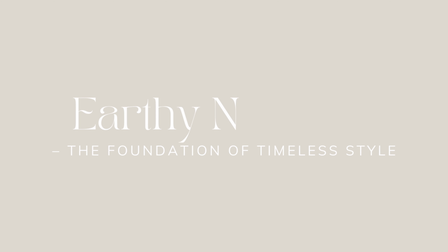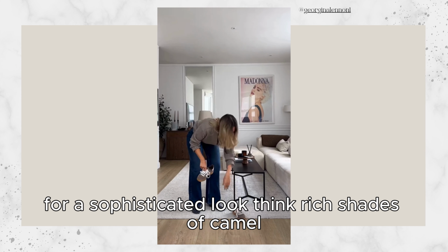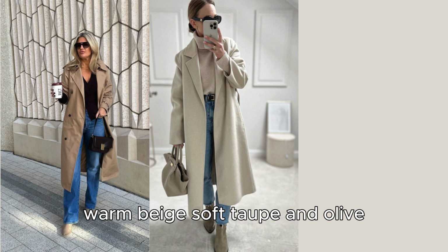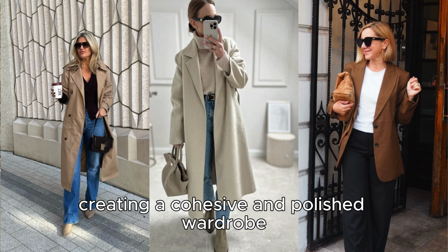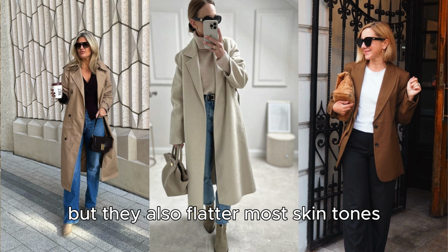Earthy neutrals, the foundation of timeless style. When it comes to color, earthy neutrals are the perfect palette for a sophisticated look. Think rich shades of camel, warm beige, soft taupe, and olive. These tones add warmth to your outfit and are easy to style in various combinations, creating a cohesive and polished wardrobe. Earth tones not only bring a sense of calm and balance, but they also flatter most skin tones, adding